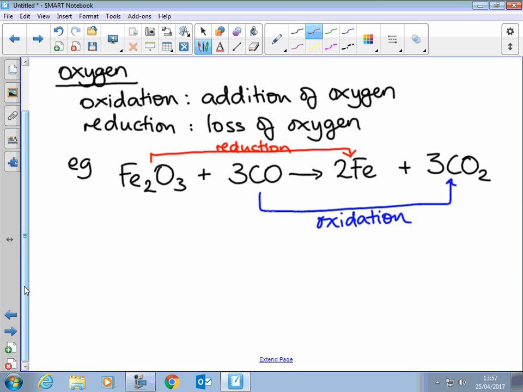Because you've got both oxidation and reduction going on here, you can call it a redox reaction. And you will actually find that,